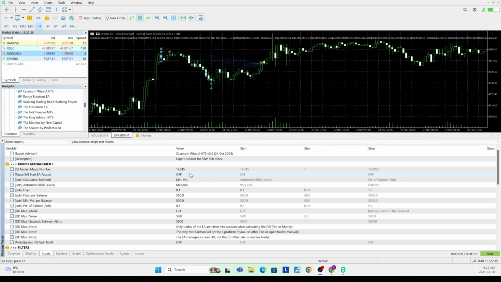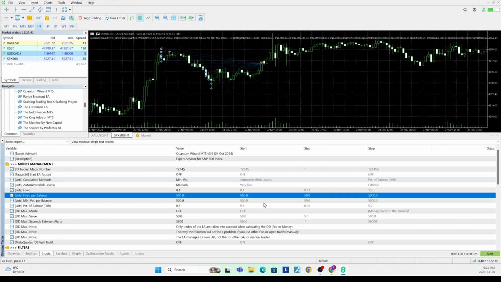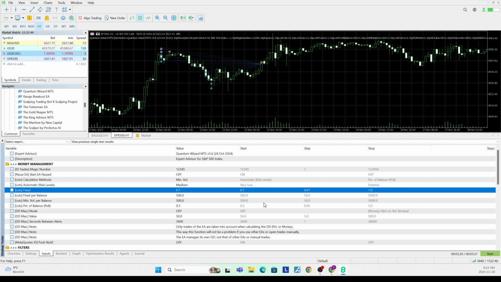And now we can quickly scroll through here, and we can see that there are a few different methods of position sizing based on risk levels, as well as, I believe you can use a fixed system too. And they do have a few methods of also managing drawdown. So that's actually a good sign. Like with these grid martingale systems, a particularly viable strategy is you can trade with high risk where you're looking to double the account. However, you can also apply an equity drawdown limit, so that if it goes below a certain amount, you simply stop trading. And it's a way of using this with an alternative type of stop loss.